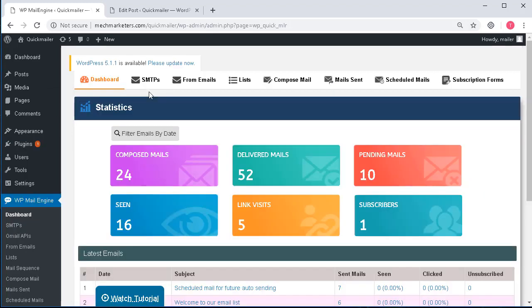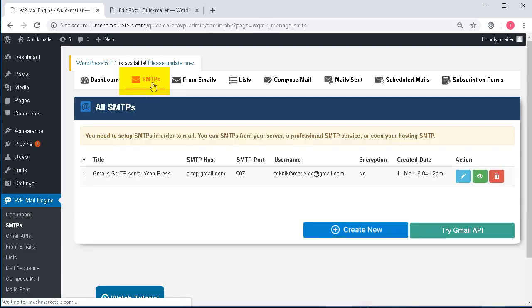Some of the other great, fantastic features in the plugin are that you can configure many SMTPs, and different types of SMTPs are supported. We definitely support a professional SMTP. Yes, of course, the WordPress PHP email option is also supported, and you can configure many of those free SMTP servers like Gmail, Yahoo, not one but many. They can share the load of sending and bulk mailing to a huge group, and that way even if you don't have a professional SMTP, still a group of many email IDs can be shared by these free SMTPs.